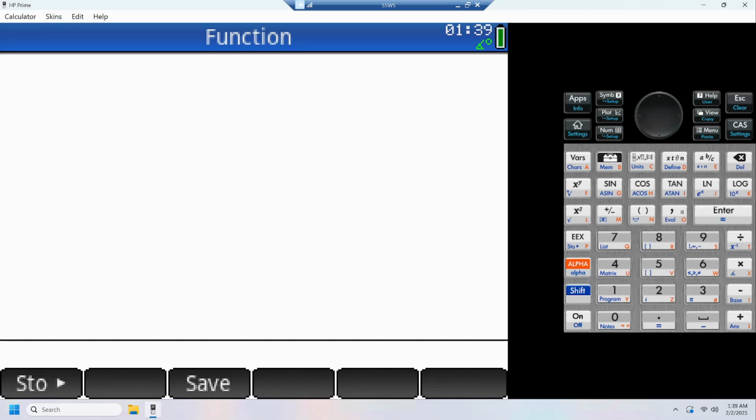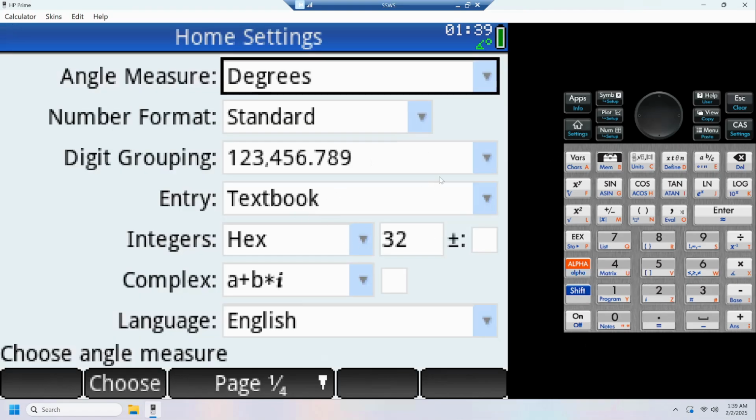This video is going to be talking about reverse Polish notation and the difference between the three entry modes. So if you're not interested in learning about the different entry modes, then skip to the next video. But if I press shift and go back to the home setting, we see there are different entry